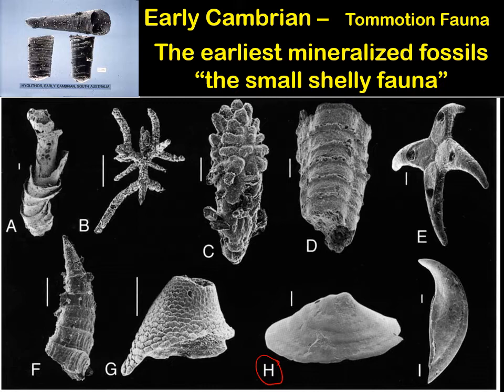Now today, most invertebrate organisms, like what you'd see leaving shells on a beach, are making those shells out of calcium carbonate. So chemically, it's the same stuff as calcite. In the Tommotian fauna, we're looking mostly at phosphatic organisms. So they weren't really making a lot of calcium carbonate shells yet, but they were making their shells out of calcium phosphate.